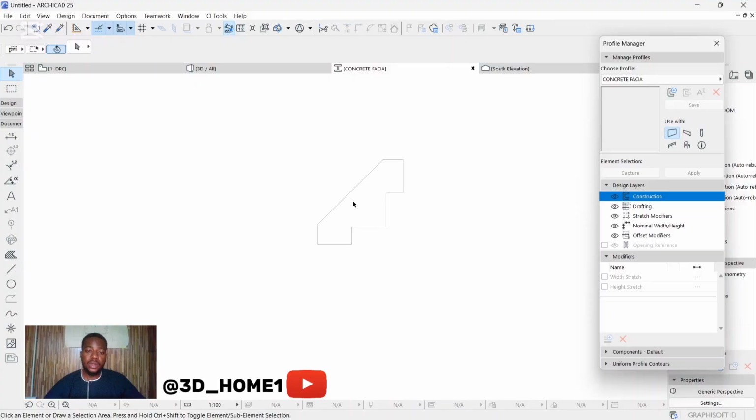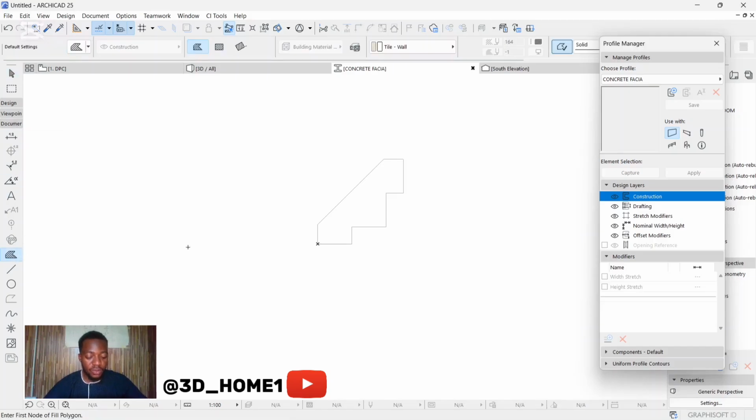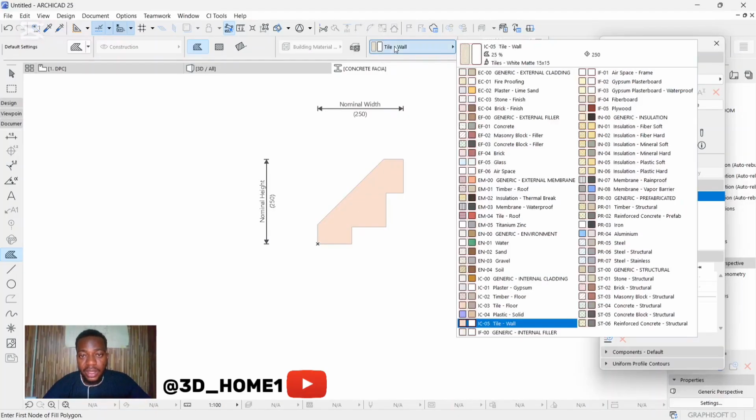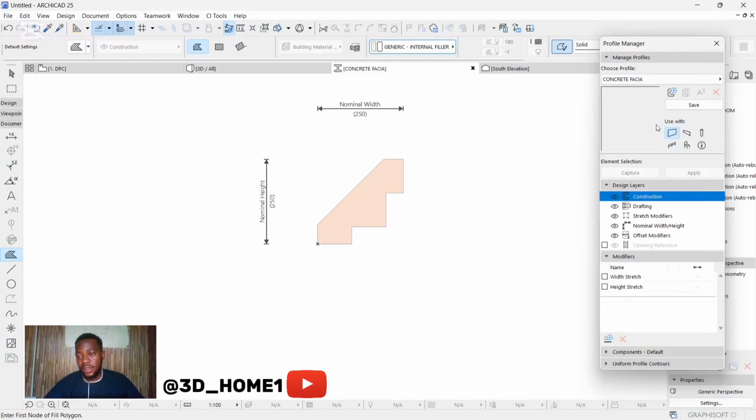Okay, so now once you're done drawing, the next thing you need to do is click on this fill tool. Once you click on fill tool, press your space bar and make sure you hold that space bar. Don't move it, okay? Just hold that space bar. Move your cursor. Let me show you something. Once I remove my hand from the space bar, you see that this thing has changed to a plus sign. So once I hold down my space bar, you see that it's ready to fill that space. So I'll just click inside the space. Alright, click inside the space, and then I'll click here and change the color to this. I like going white color, so this internal filler is fine for me. I'll click on this internal filler, and then I'll click